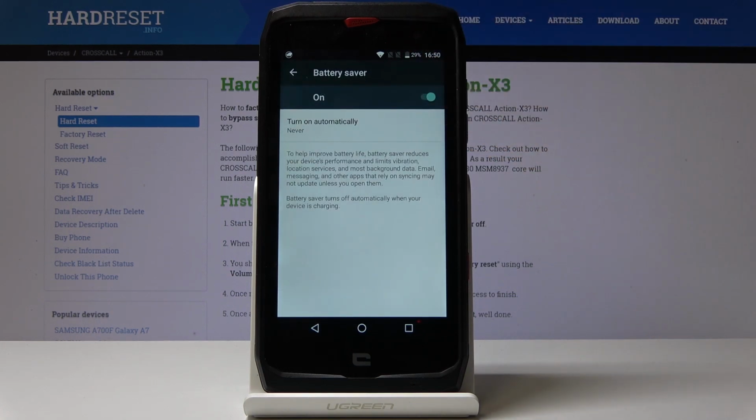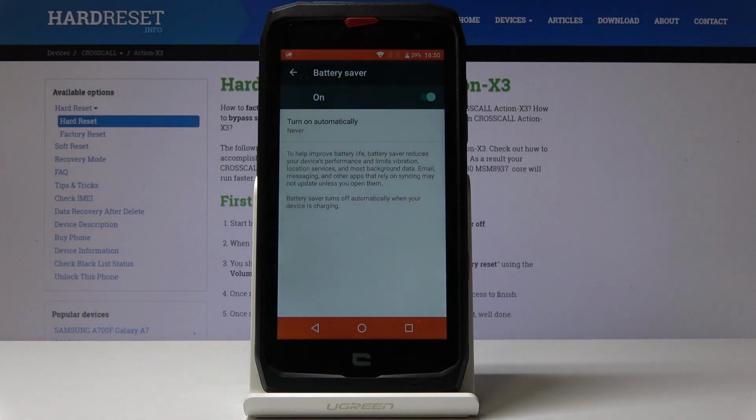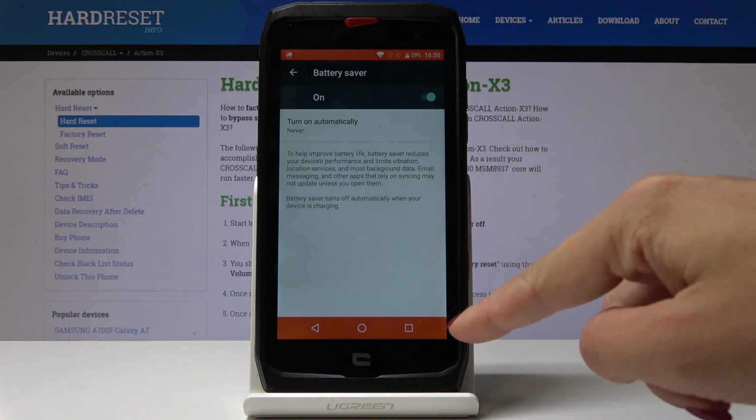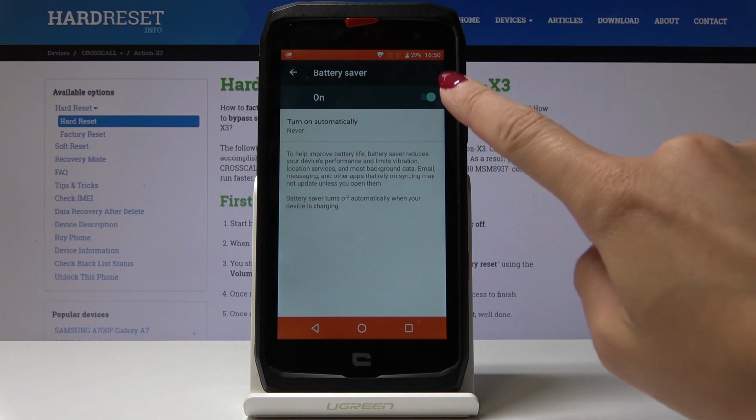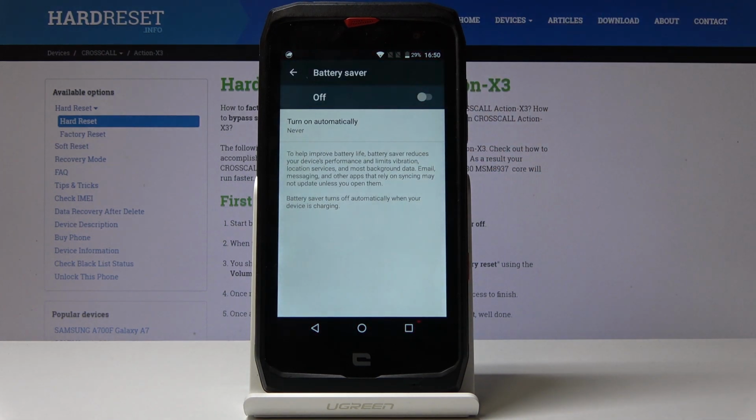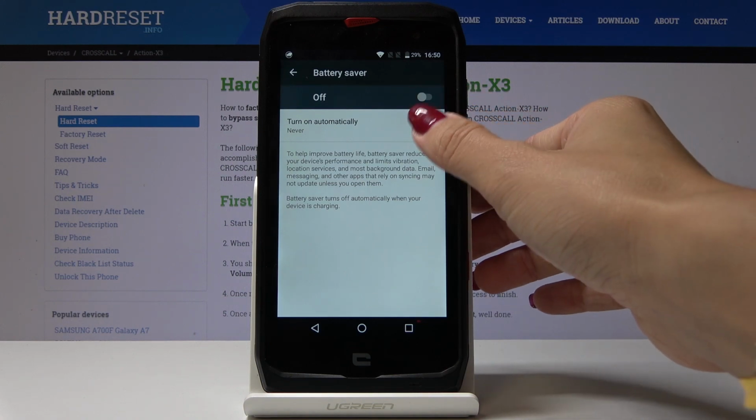by tapping on this switcher. So that's it. From now on, low power saving mode is on, it's active, and you can notice it by the red lines on the screen. Then you can switch off this mode simply by tapping on the same switcher, and now your battery saving mode has been deactivated. You can also set some rules, so if you click on turn on automatically, you can